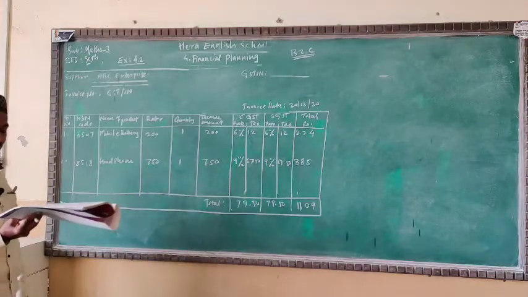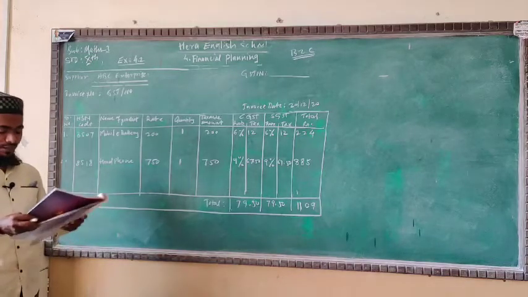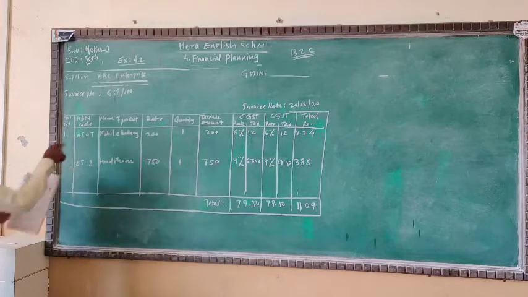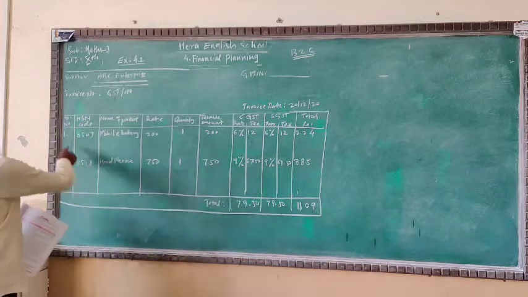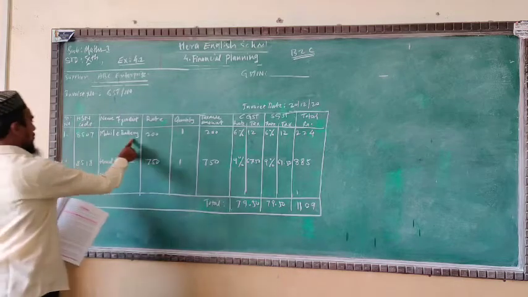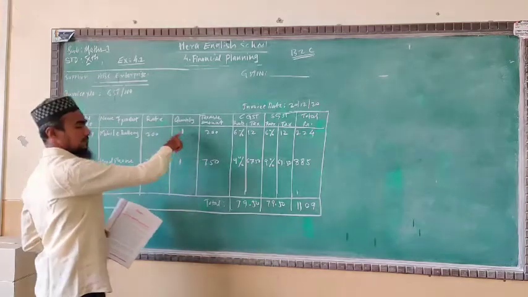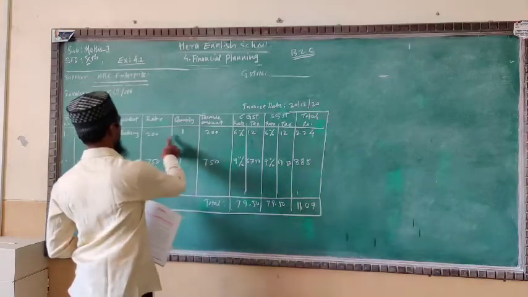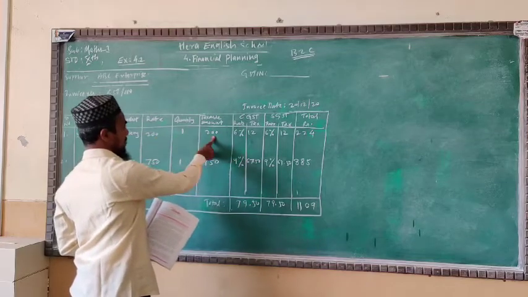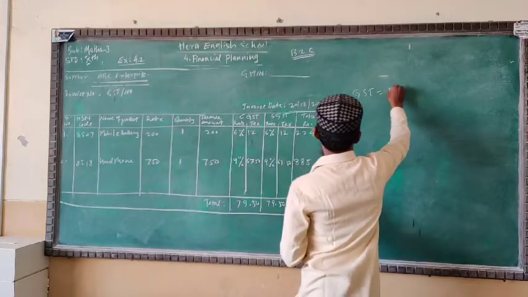The first thing, particulars, means what they have purchased. The rate of mobile battery, their mobile battery purchase is rupees 200, for one piece. We'll write here the HSN code given, 8507. The first thing we write is 8507, the HSN code, and the name of product is mobile battery. The rate of mobile battery is 200, quantity 1, it is purchased. Now 200 into 1, you multiply both the rate and quantity, you will get 200.